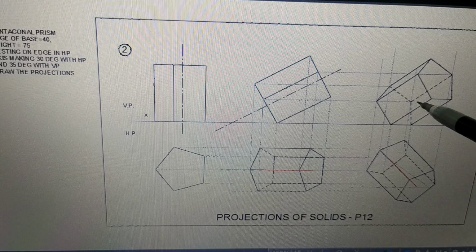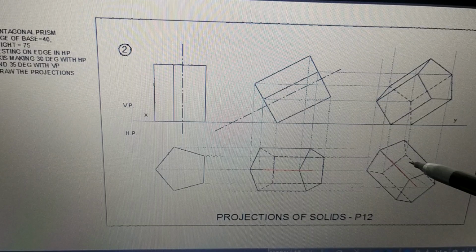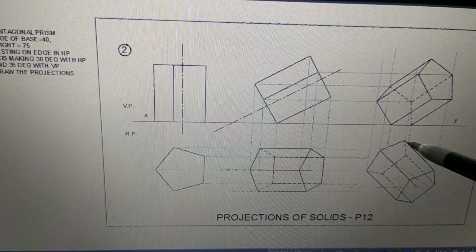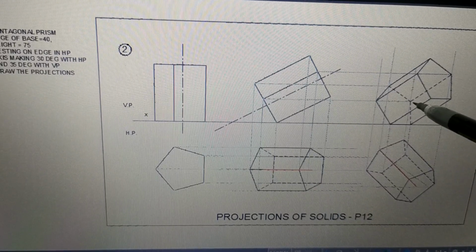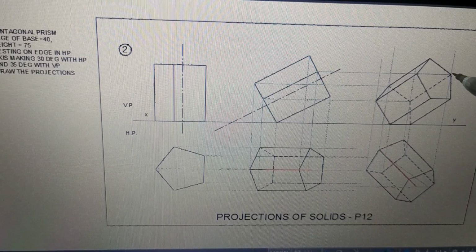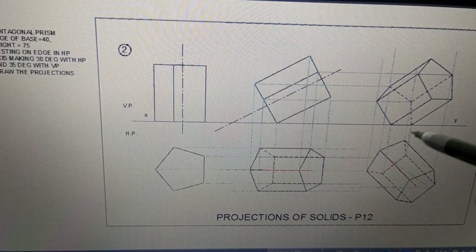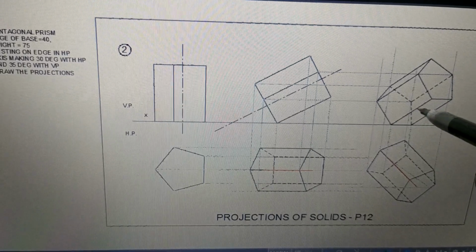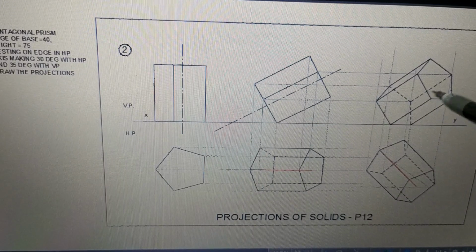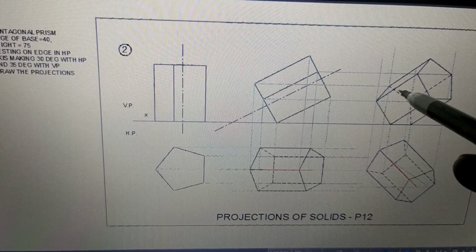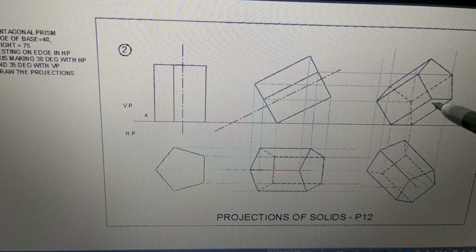Look at this point. Which point is this? This is the point which is A, B, C, D, E. So this point is E, this point is 5. So E to 5, here is E, this is 5. So E to 5 is this line. When you look in this direction, this has gone behind. Therefore this line is dotted. Now this E, when you look in this direction, is behind. So lines starting from E are all going to be hidden. Therefore this is dotted, this is dotted. So which lines are dotted? They are extremely important. You have to think properly.